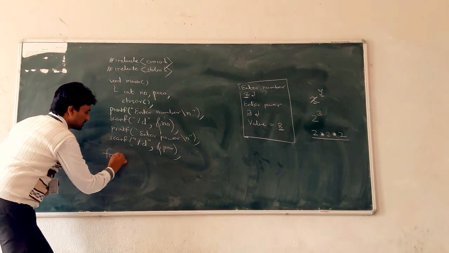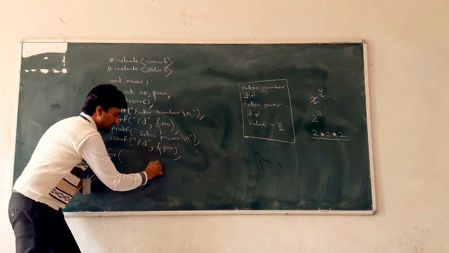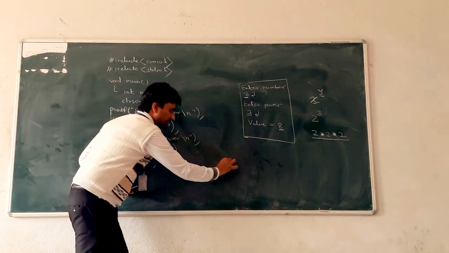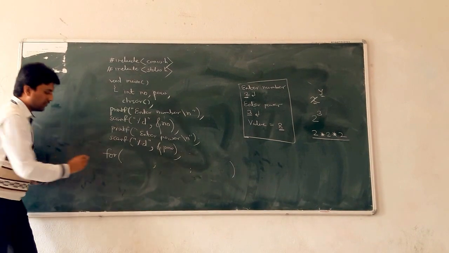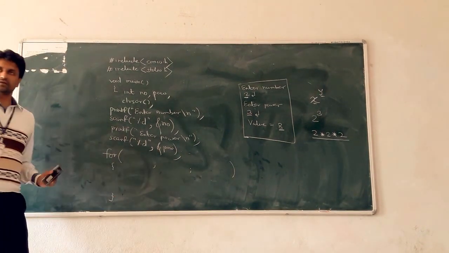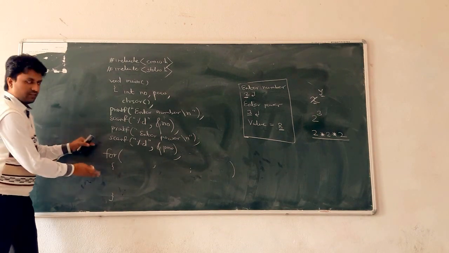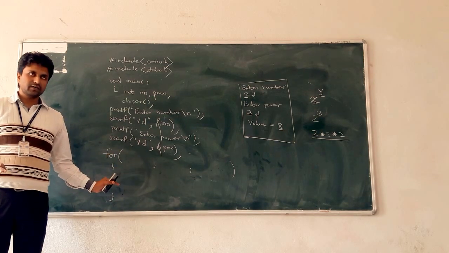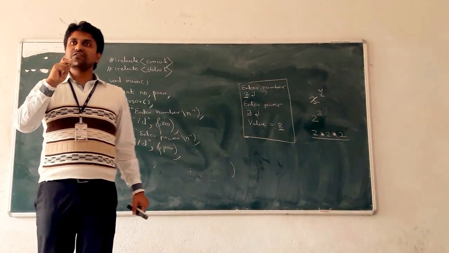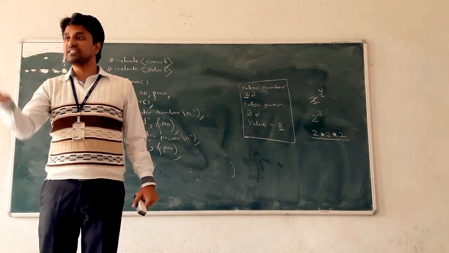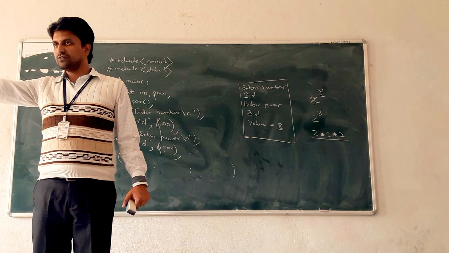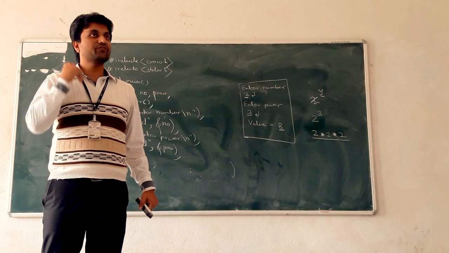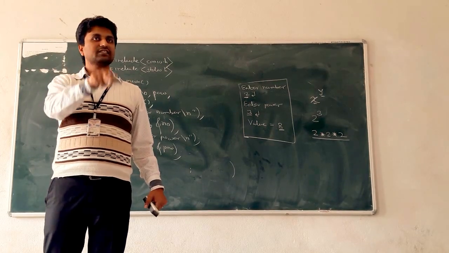So what is the syntax? For, initialization semicolon, then condition semicolon, then reinitialization. After that, the body of the for loop. Clear? First make the structure. What is the structure of the for loop? Then put in the particular values and your logical part. Okay, what is logic? Way of thinking, way of reasoning. The solution is not the logic. What is logic? Way of thinking, way of reasoning. That way is called logic.